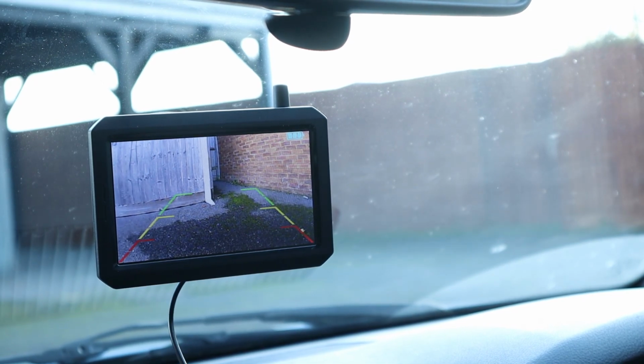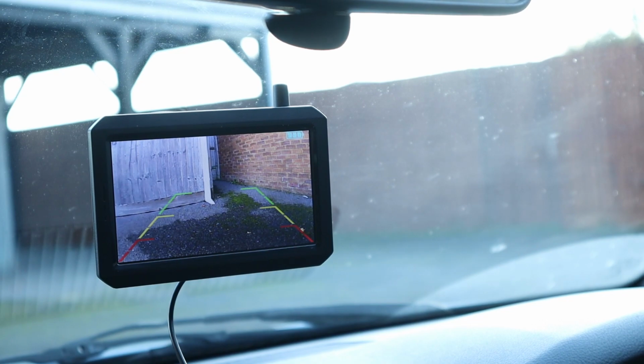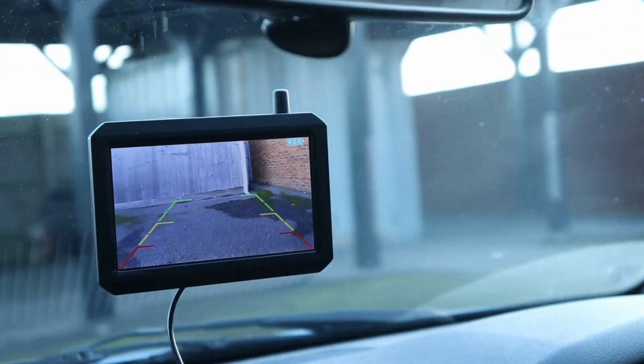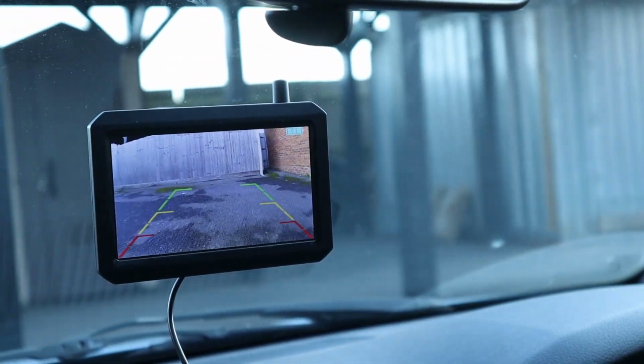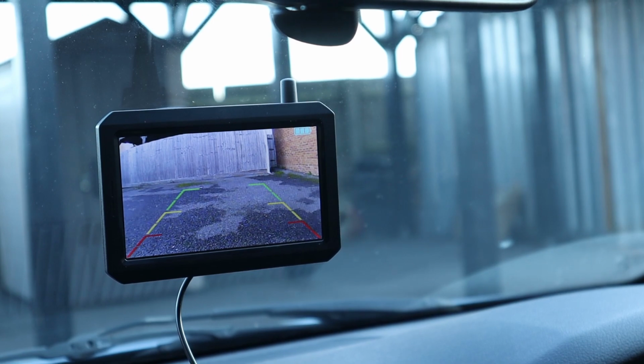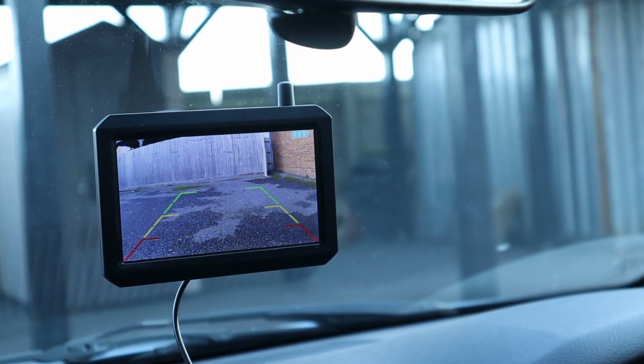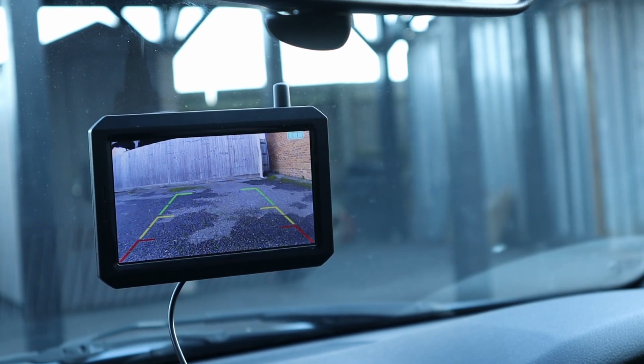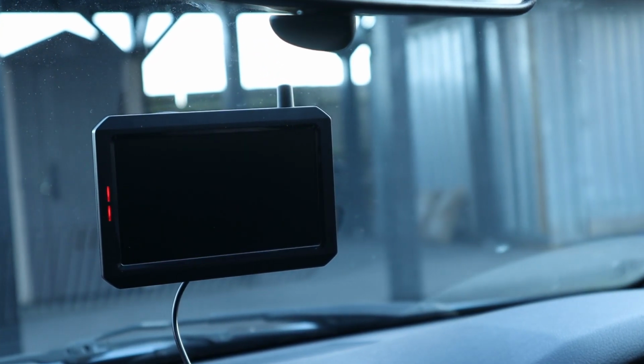Okay, so that's a little better. I mean, it would be perfect if there was a driving bay. Let's have a look at that. That is pretty cool, isn't it? Look at that. So to get it more accurate, I'd imagine it'd be a lot better if you went...